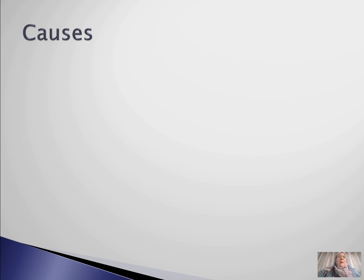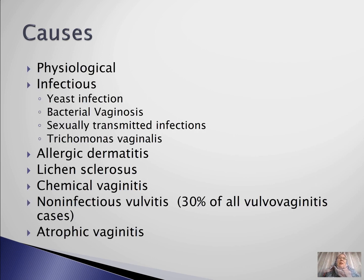So let us briefly go over the causes of vaginal discharge. It is important to recognize that a number of vaginal discharge cases are physiological. There's nearly always a physiological discharge present, and this might change throughout the cycle, and also sometimes with taking different forms of hormonal contraception. It might also change in pregnancy. So all of these might be reasons for women to notice a change and be concerned,